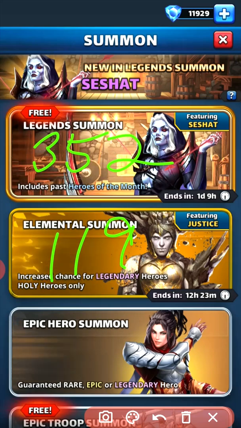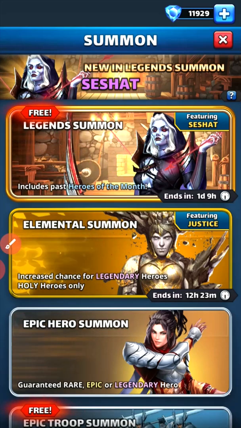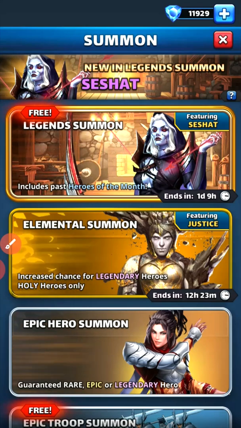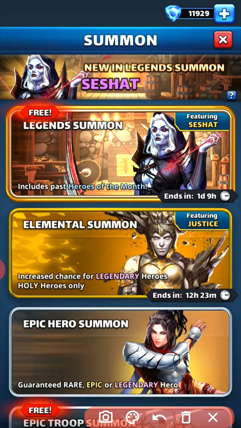For Atlantis, I did do Atlantis and Valhalla because I do like those. You need the same 352 pulls. What's going to be different is that they require more gems. So you're gonna need more gems. In the Legend summon, 352 pulls, and you're gonna need